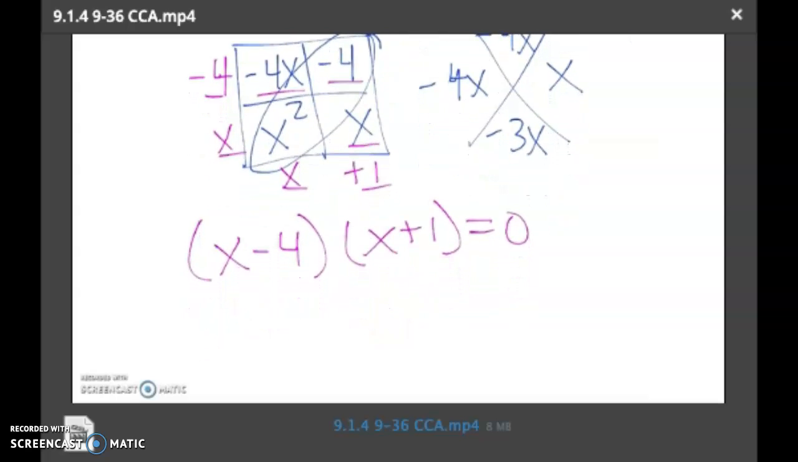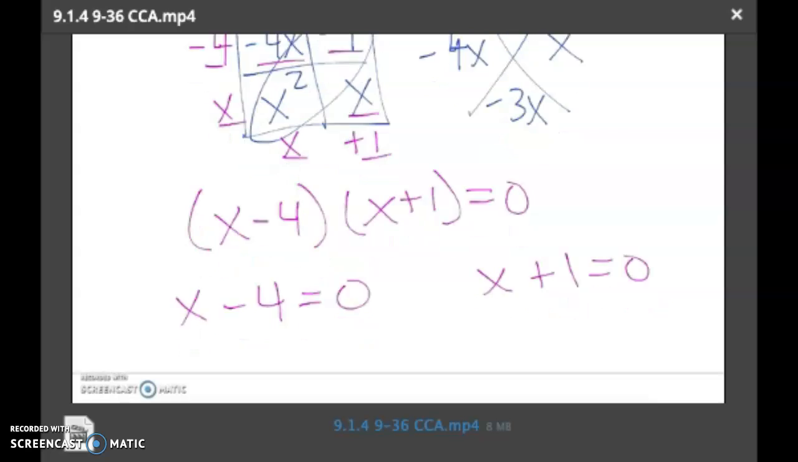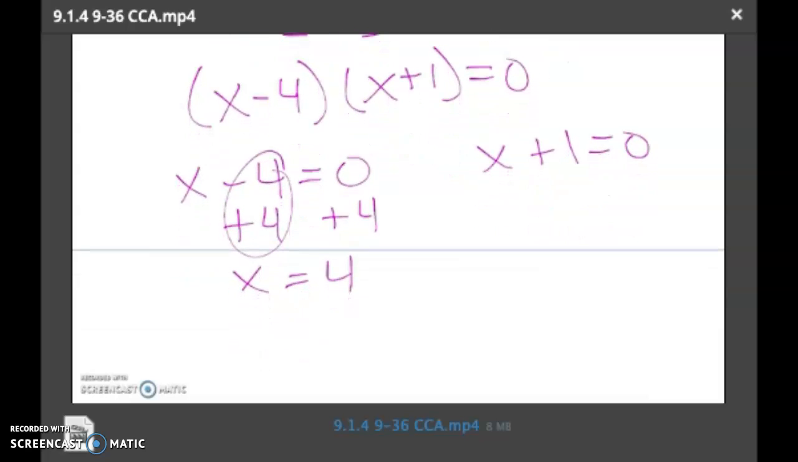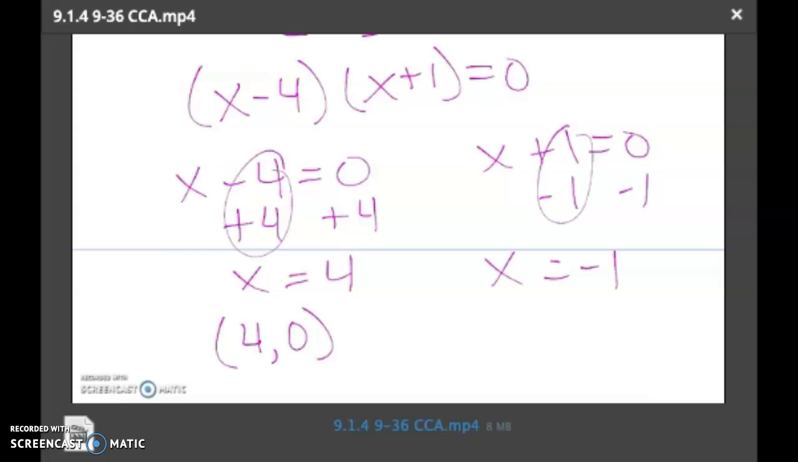Now we use the zero product property. Take each of those factors, set it equal to 0, and solve for x. So when I do that, I get x equals 4. Remember, this is an x-intercept, so we can write it as a coordinate point. Okay. Same thing over here, solve for x. And again, it's an x-intercept, so we can write it as a coordinate